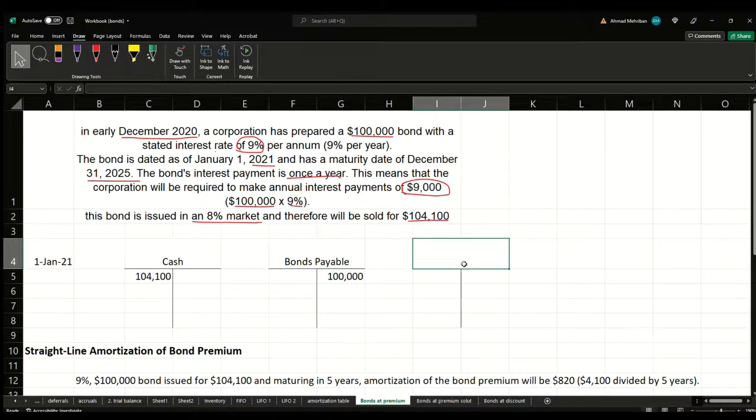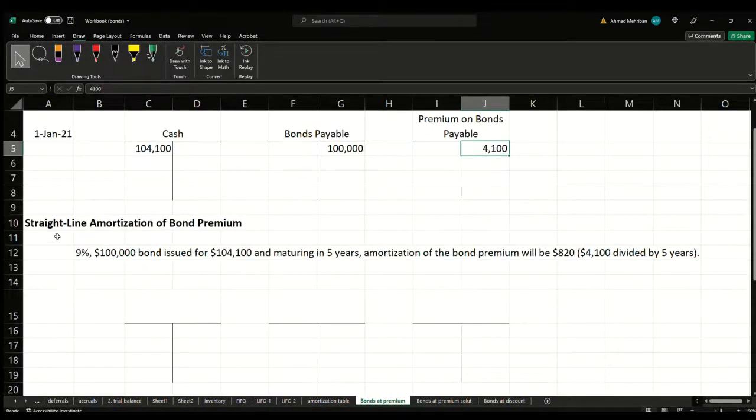And we are also going to record premium on bonds payable, and that's going to be the difference between cash and the bonds payable, which is $4,100. That's the first day, the issuance accounting journalization. Now, if we use a straight line amortization of bond premium of this 4,100, this is basically, as